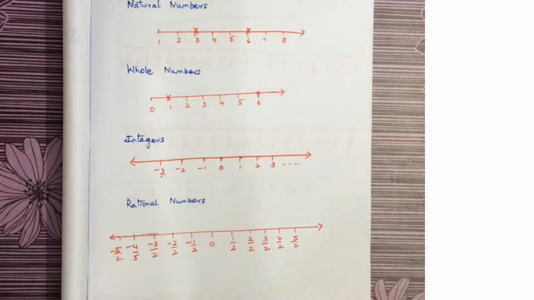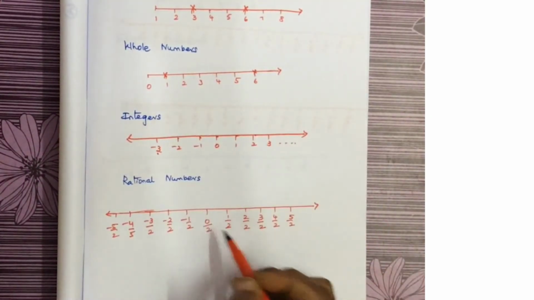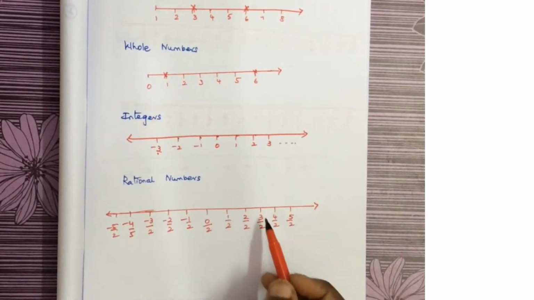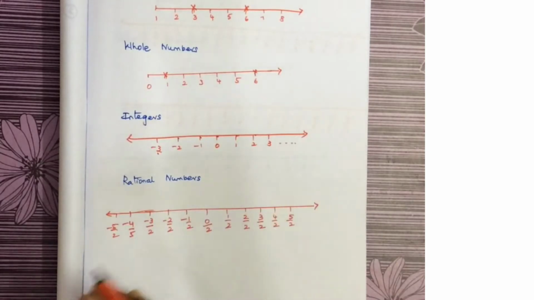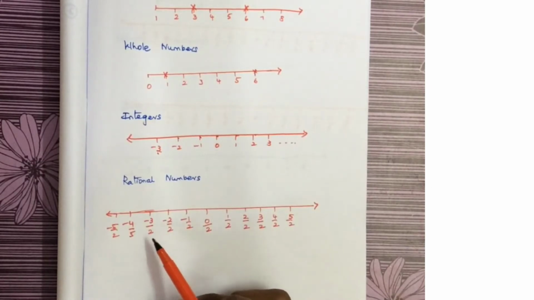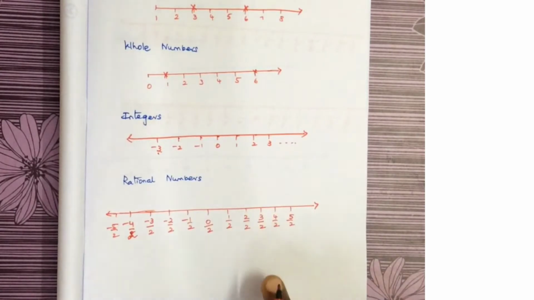And you can see it is 0 here. You can also write 0 by 2. In the denominator I marked 2. 0 by 2, 1 by 2, 2 by 2, 3 by 2, 4 by 2, 5 by 2. This is on the positive side, it will go on extending, and this is on the negative side, -1 by 2, -2 by 2, -3 by 2. This is -4 by 2. Okay, this is how we will represent rational numbers.